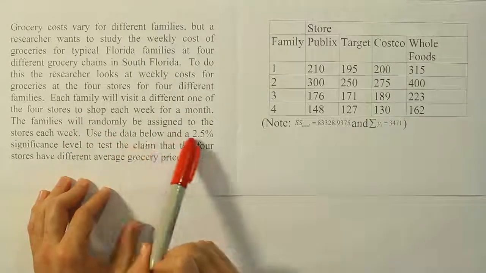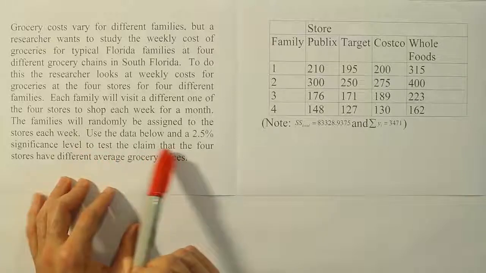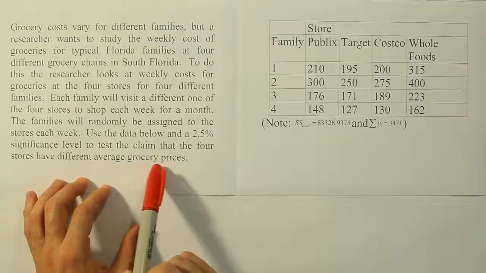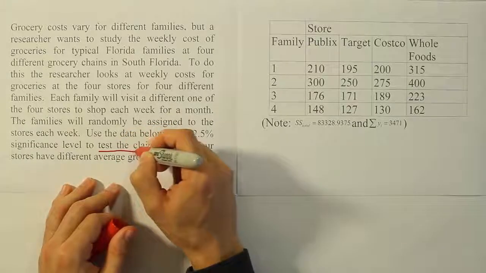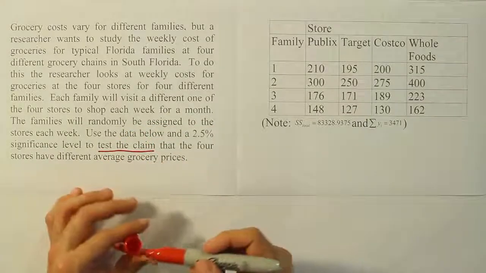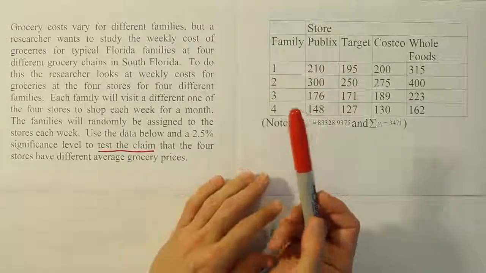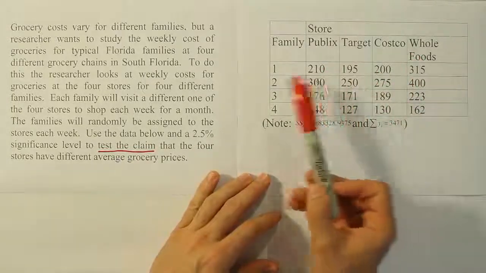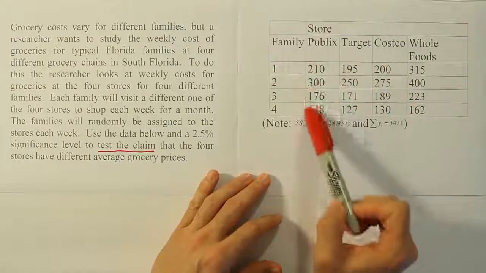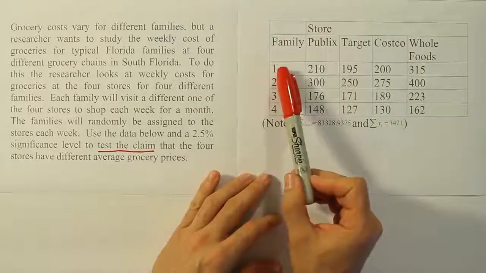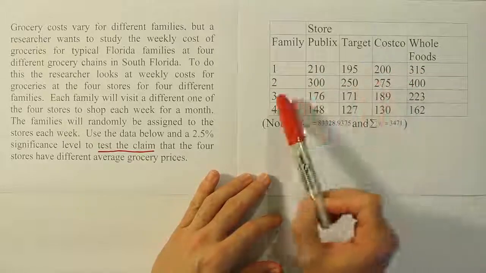Use the data below and a 2.5% significance level to test the claim that the 4 stores have different average grocery prices. So here we're going to test the claim that they have different average grocery prices. And we're told the stores, and we notice that the table looks like it's laid out in a 2-way format. So we have families, then the stores. And based on the description of the problem, it sounds like we're dealing with the classic scenario of